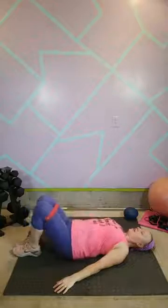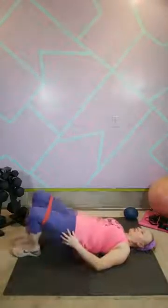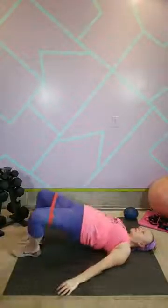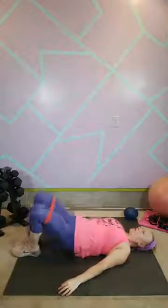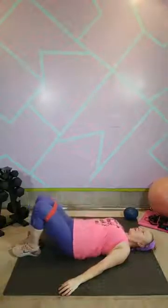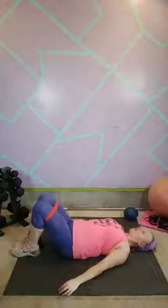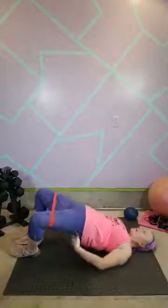15, 14. Again, try to make sure, keep in mind that you're pulling equally on both sides. 12, 11, 10, 9, 8, woo, 7,